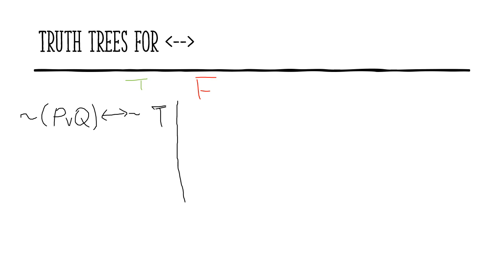Well, first off, we should make sure we recognize that we have a double arrow that's our main operator. We have a right side and we have a left side. The double arrow is sort of demarcating those two different parts of the statement. So what makes this a true statement? What makes it a true statement is whenever both of these sides match. So either